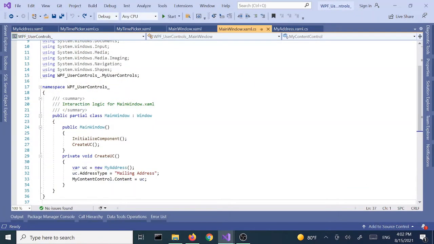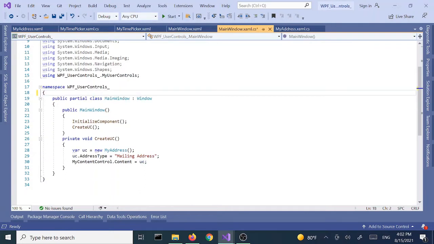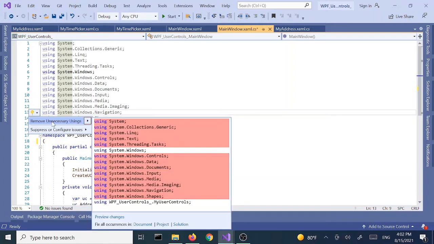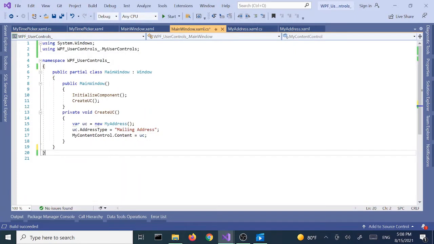All right, I'm going to get rid of some of these comments here. I think I'm going to clean up this top part too. So let's get rid of these using statements. All right. Okay, let's start with